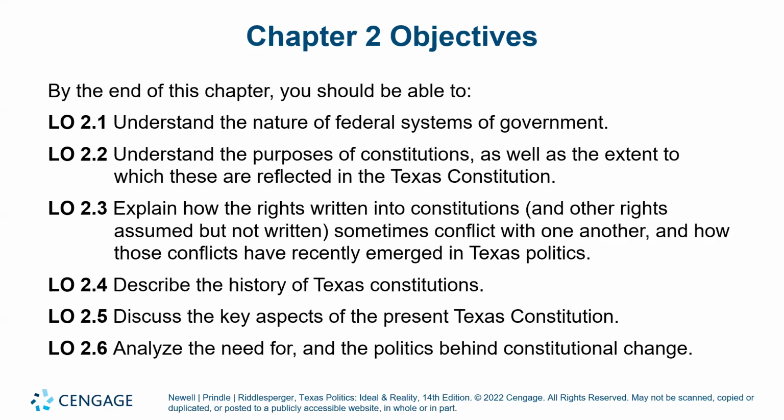Not just what I just mentioned, but we're also going to take a look at some more democratic theory. By the end of this chapter, you should be able to understand the nature of federal systems of government. So we're going to take a look at federalism. We touched on federalism a little bit in chapter 1, but we're going to delve into it in more detail. If you've taken Government 2305, there's a whole chapter devoted to federalism, usually chapter 3 in Government 2305. So it's going to be kind of like a review if you've taken Government 2305, which is, again, why I've always suggested for students to